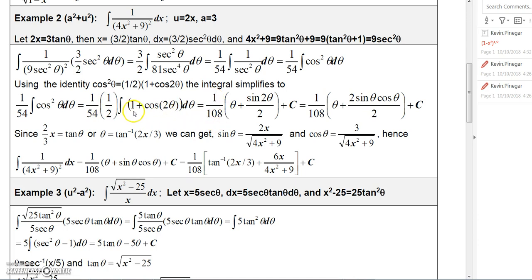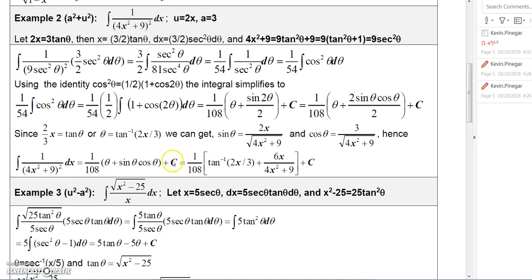And then when I integrate this, I get theta. And when I integrate this term, I actually get sine 2 theta over 2. Since sine 2 theta over 2 can be written as 2 times sine theta cosine theta over 2, the 2's would cancel. So what I would finally get would just be sine theta cosine theta there. So putting it all together, I'm going to get 1 over 108 times theta plus sine theta cosine theta plus